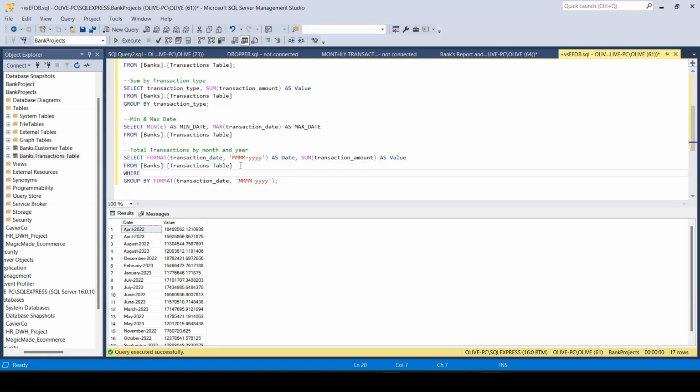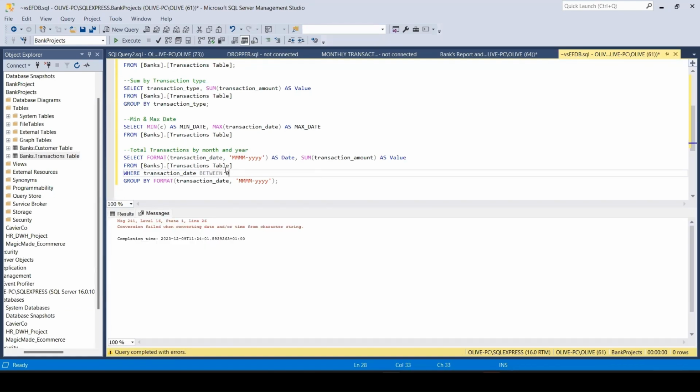So where the transaction dates, let's just copy transaction dates and paste it right here. Okay, where transaction date is, let's just say, between January 1, 2022 and December 30, 2023, right? We don't really have anything. Where transaction date between, let's not forget to use our quotes, between 01